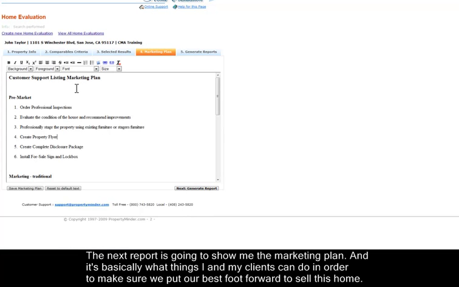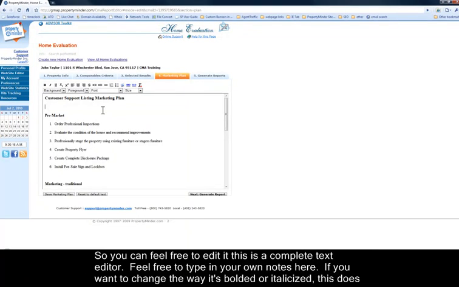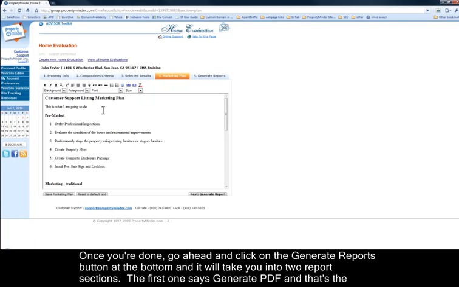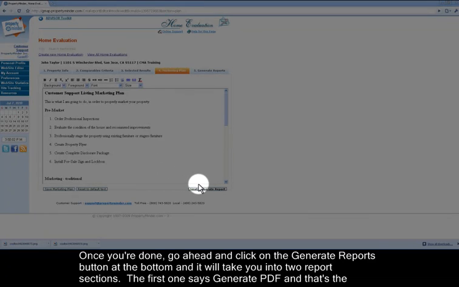The next report is going to show me the marketing plan, and it's basically what things I and my clients can do in order to make sure that we put our best foot forward to sell this home. So you can feel free to edit it. This is a complete text editor, so feel free to type in your own notes here. If you want to change the way it's bolded or italicized, this does get sent out to the client, so you'll want to make sure that it looks appropriate for you. And then once you're done, go ahead and click on the Generate Report button at the bottom,